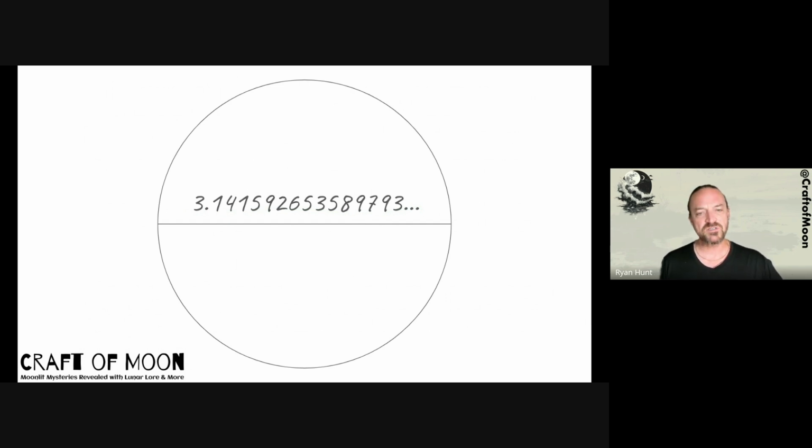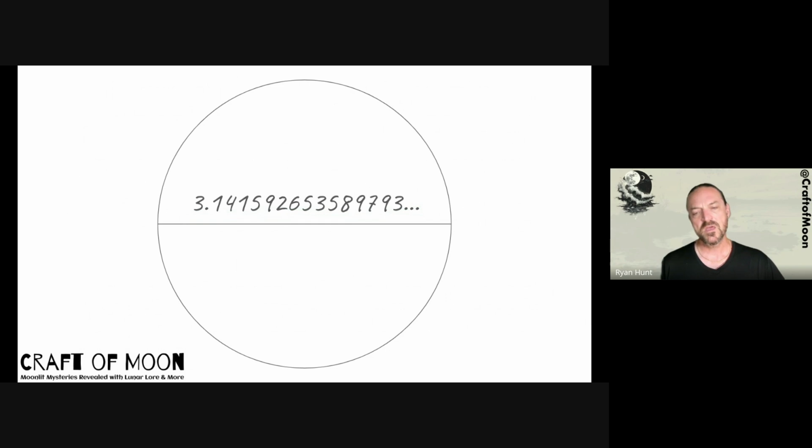Well, the thing that's interesting about this and why that's such a challenge is that there is no end to the number of digits after the decimal place when we're measuring pi. Not only is there no end to the number of digits, but there is no pattern that ever repeats. We have never been able to find any repeating pattern in all of the digits that anybody has ever calculated